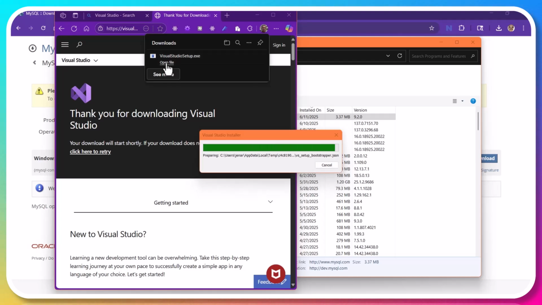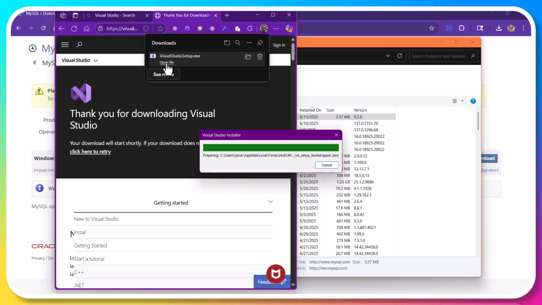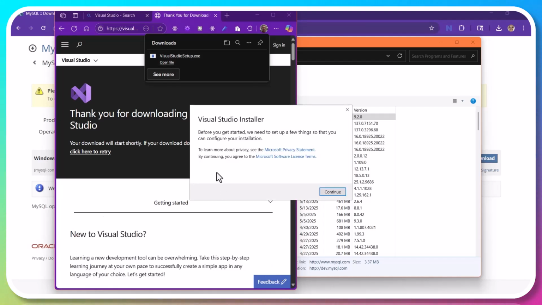After some minutes, the Visual Studio installer can be opened and begins to configure, download, and install components.